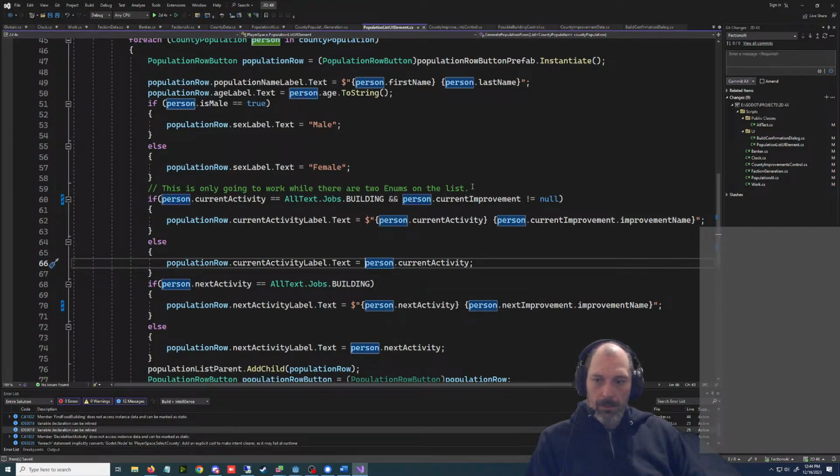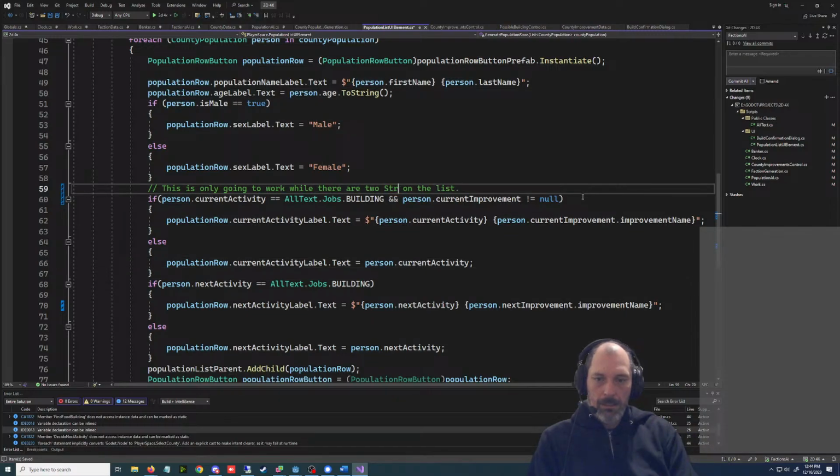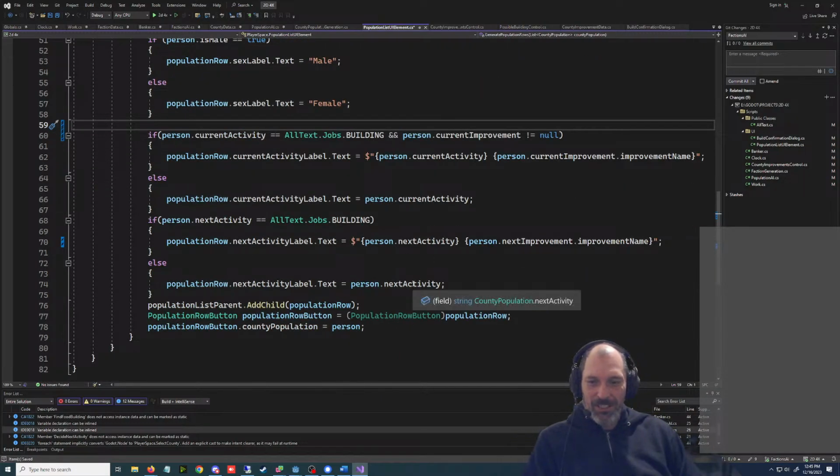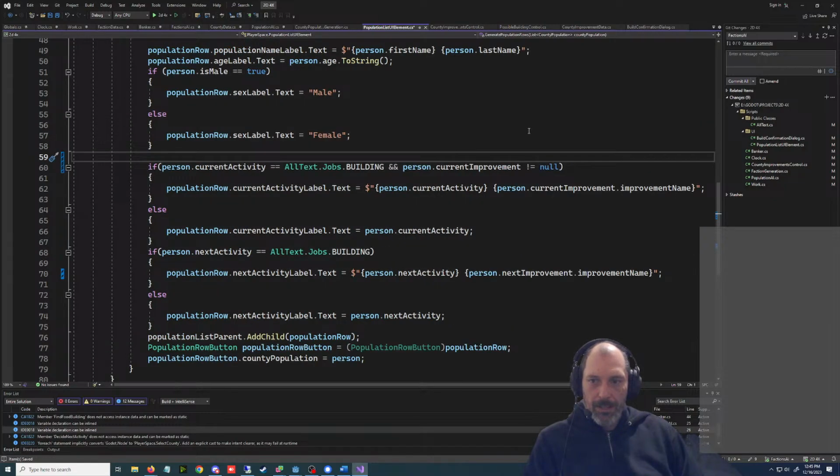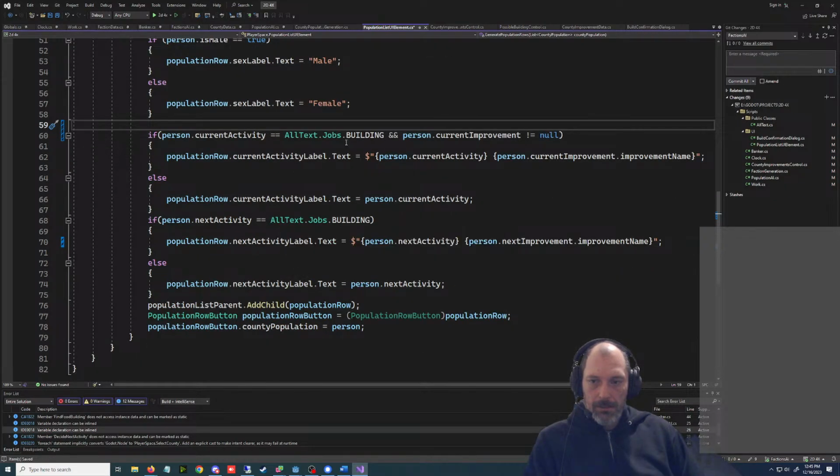These aren't enums, these are strings. And this also is, I guess, no, I don't even know what I'm trying to say there. I know what I'm trying to say, but it's not right. So if you open this up and it's building and the thing is not null, it's going to say that.